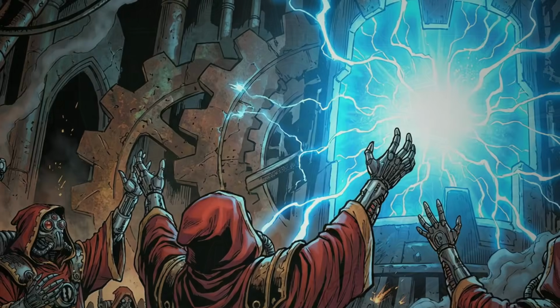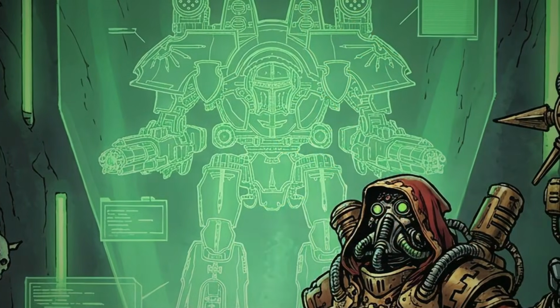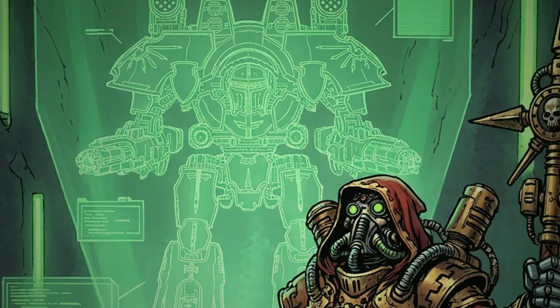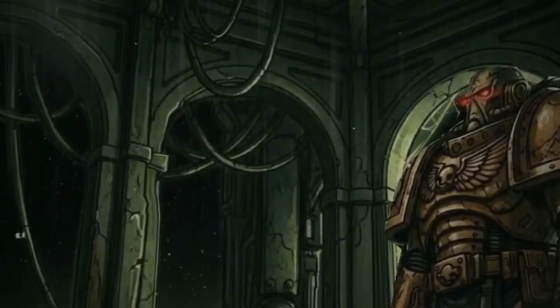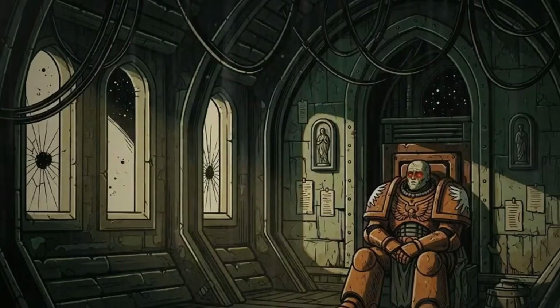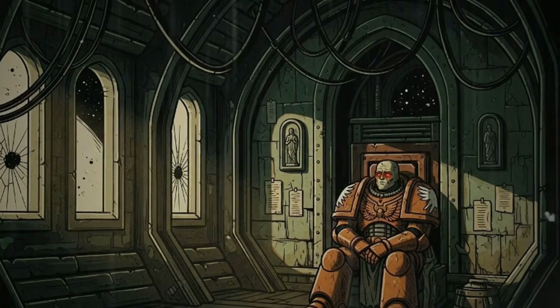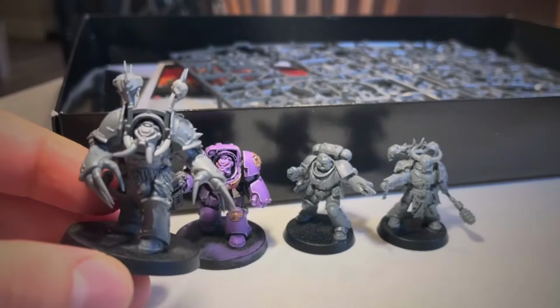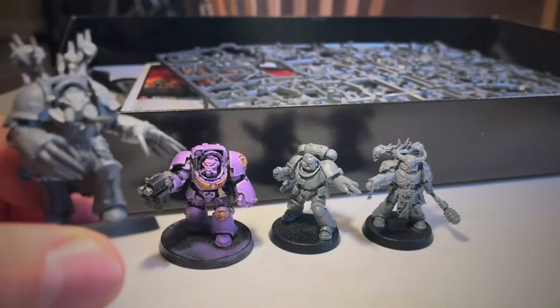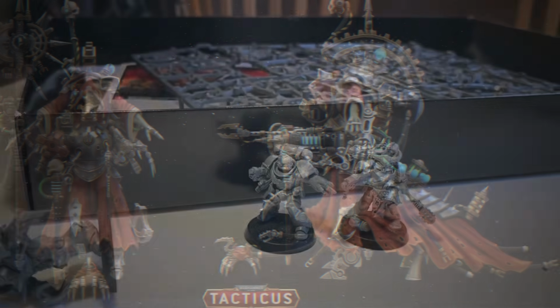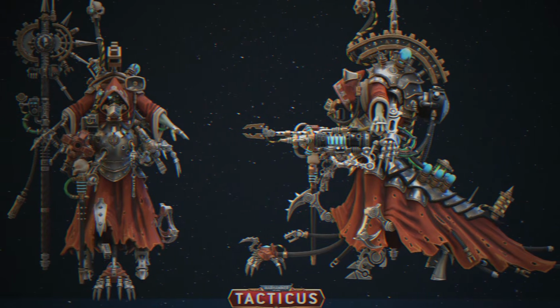For millennia, tucked away in forgotten laboratories and hidden forge worlds, Archmagos Dominus Belisarius Cawl of the Adeptus Mechanicus had been toiling in secret. A figure of immense intellect and even greater eccentricity, Cawl had accumulated vast stores of forbidden knowledge and developed technologies that pushed the very boundaries of Imperial orthodoxy. Now, with the Imperium on the brink of total collapse, he revealed his long-held secrets. Among these was the culmination of his life's work, the Primaris Space Marines, a new, enhanced breed of Astartes designed to be superior in every way to their predecessors. But, even more astonishing, Cawl possessed the means to resurrect a Primarch.